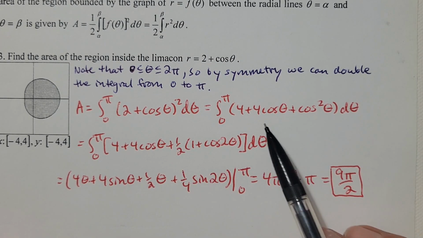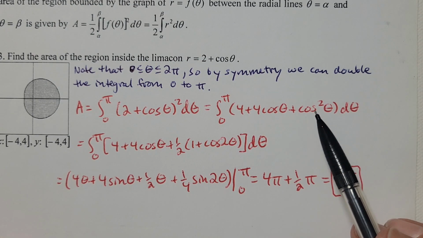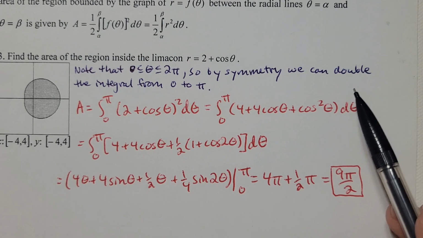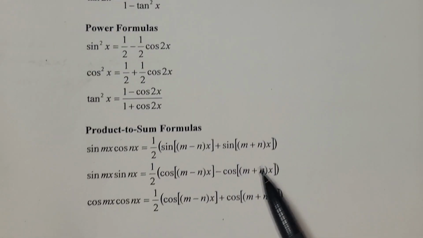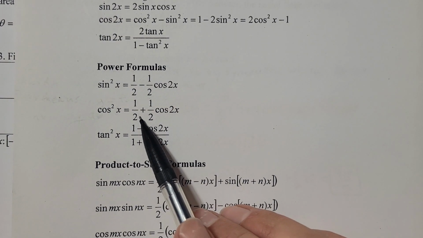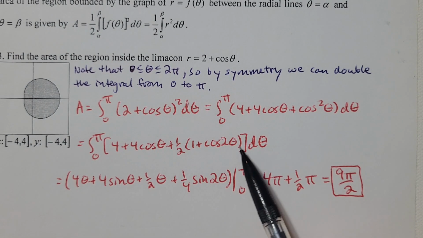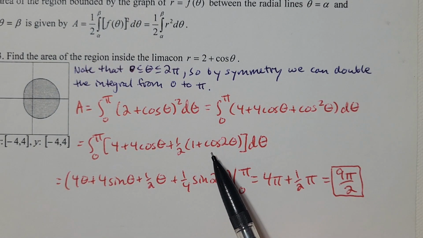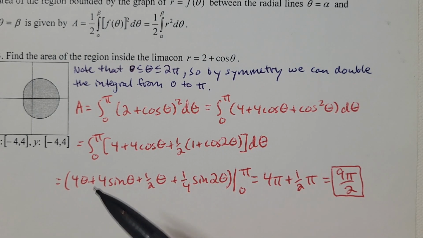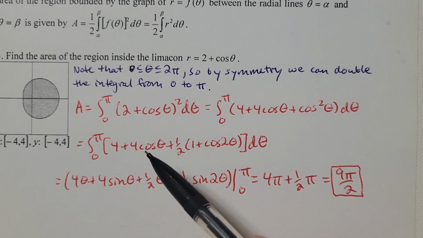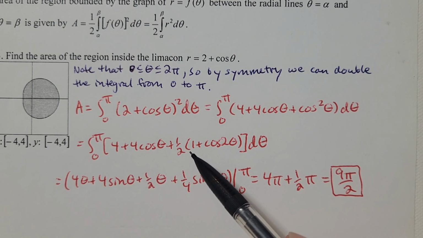I can get the first two antiderivatives right off the bat. For cosine squared theta, I'm going to want to use a power reducing formula. Cosine squared theta is 1/2 plus 1/2 cosine 2 theta. And so that's what I got right there. I'm factoring out 1/2, and then I can get the integral. The antiderivative of 4 is 4 theta, then plus 4 sine theta plus 1/2 theta